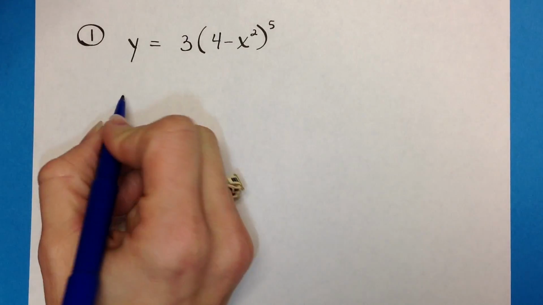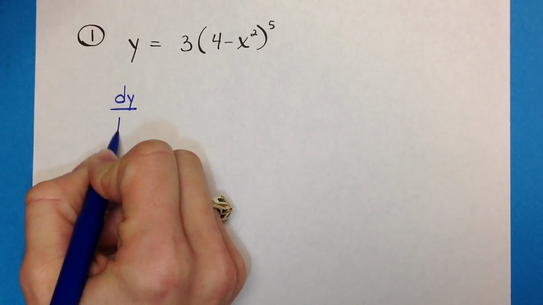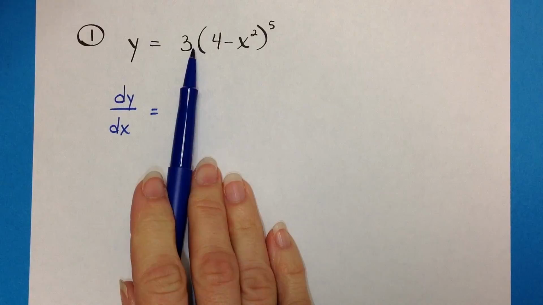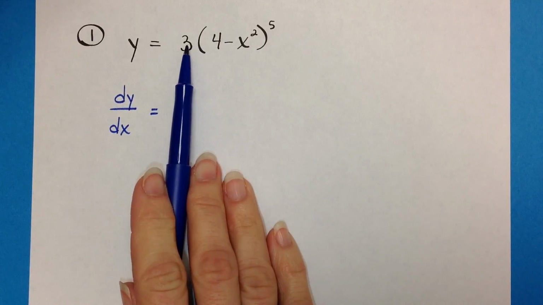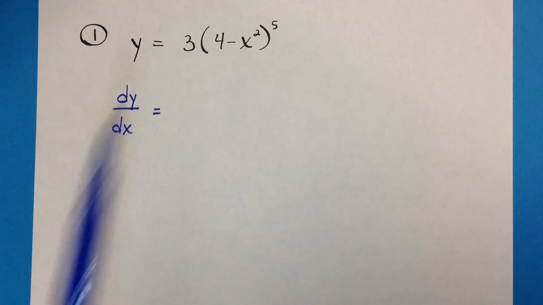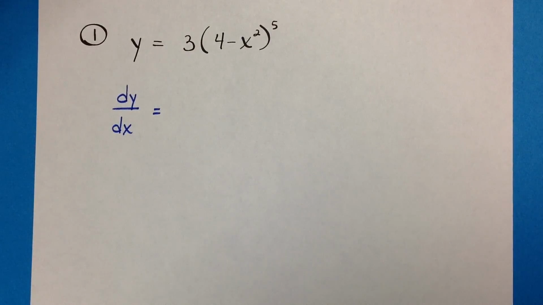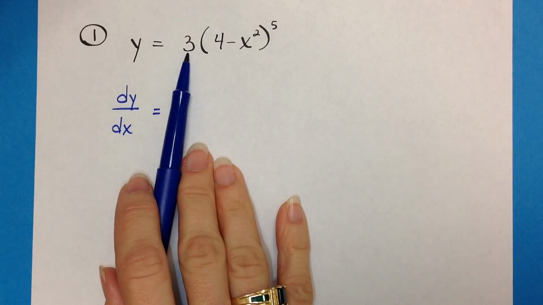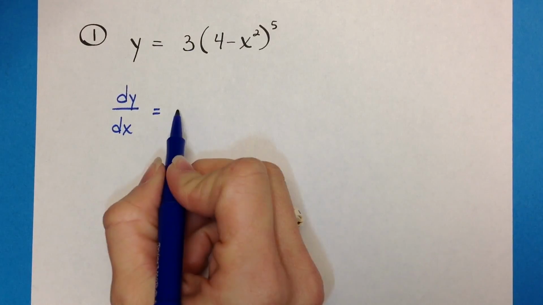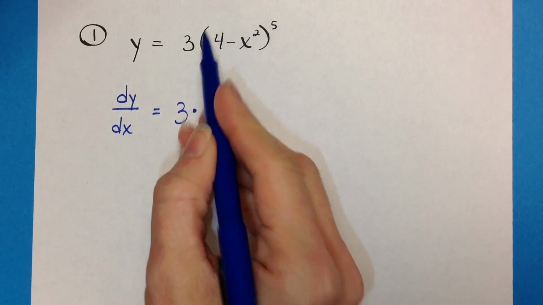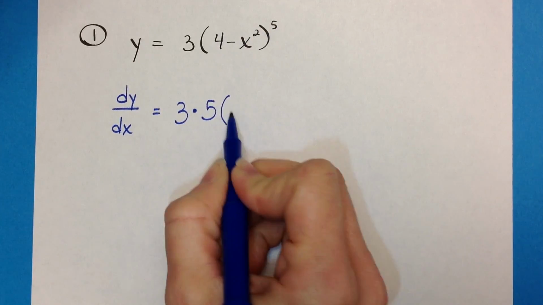Alright, so starting your derivative, your first thought may be, well, you got to do product rule because you've got the 3 times the parentheses, but this is just a constant multiple, so you would not have to bother doing your product rule. So just starting with power rule, remember you take your power, you bring it to the front. Okay, so I've got my 3. That's just my constant multiple. So now applying my power rule, I do 5 times my function